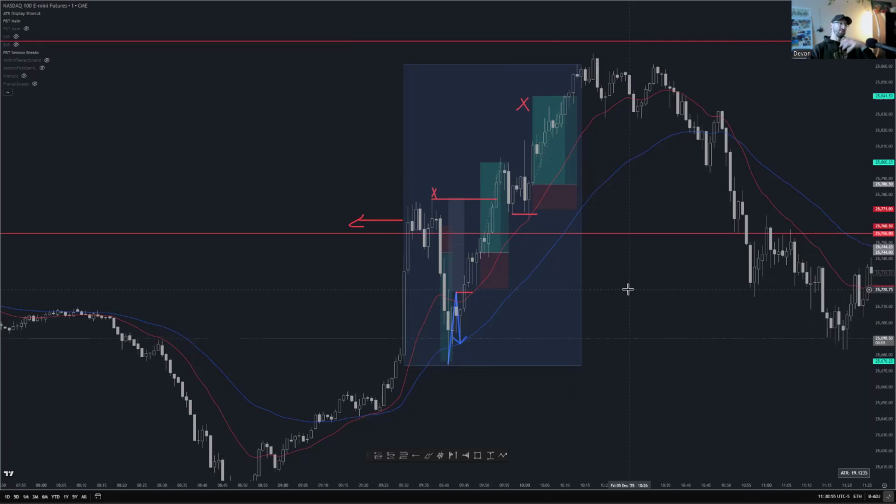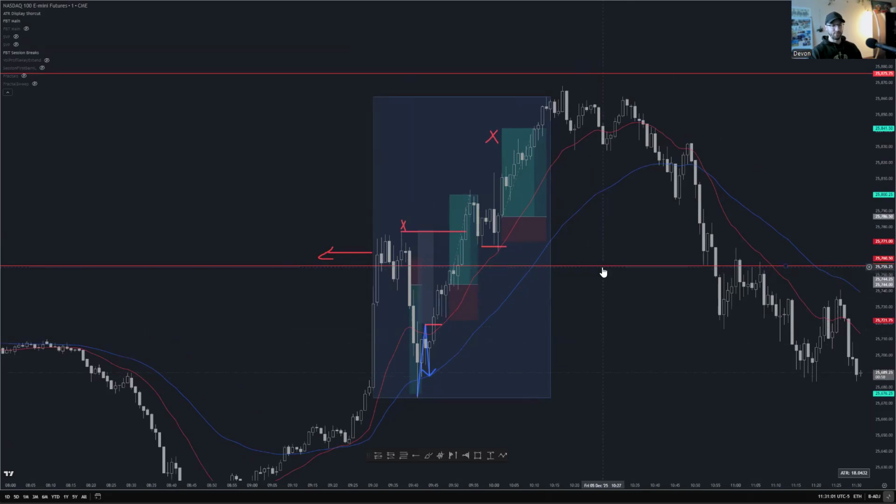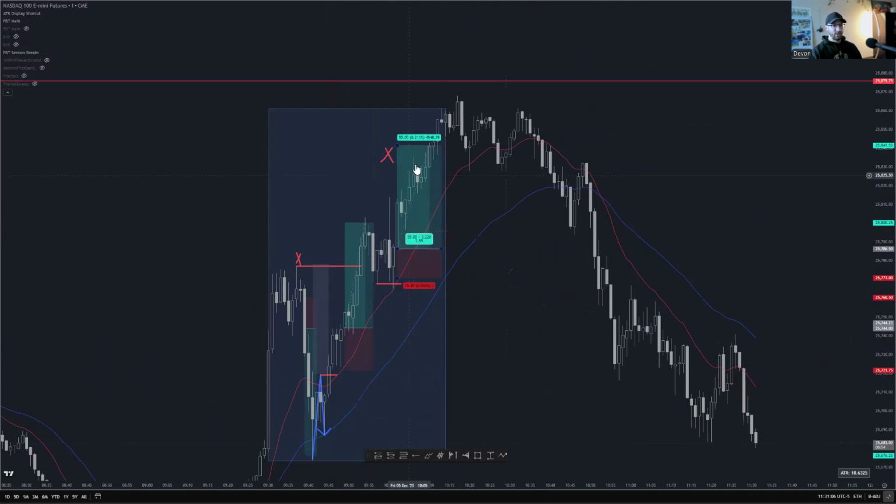I lock out the account, go to the next one. Take the trades, lock out the account, go to the next one. It works for me. Maybe one day I'll trade it back in for copying accounts, but so far I'm happy with it. And so price was pushing up.